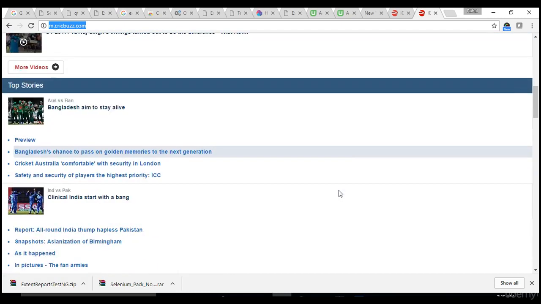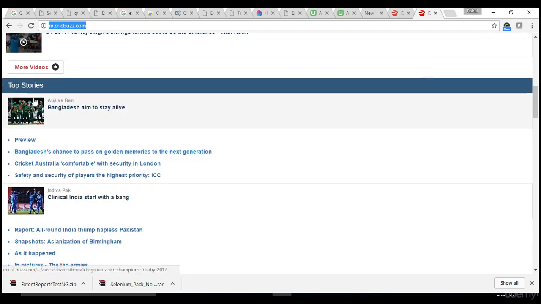Let's say it scrolls like this, and I want to know whether Top Stories is a header or not. This is a header, right, for this whole section. Your requirement is to validate whether Top Stories is part of the header section or not. If this is your test case, how do you do that? It's not about clicking or send keys or getting text. This is something tricky. Validate if it is in the header or not, because all your test cases will be in that fashion, right? So if you inspect,